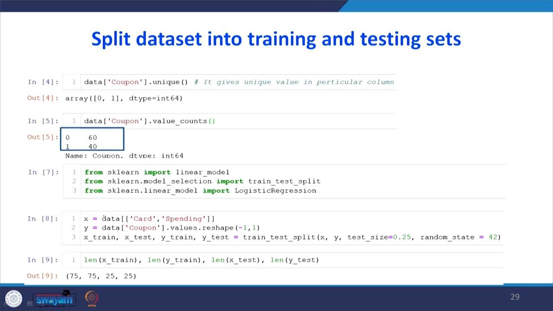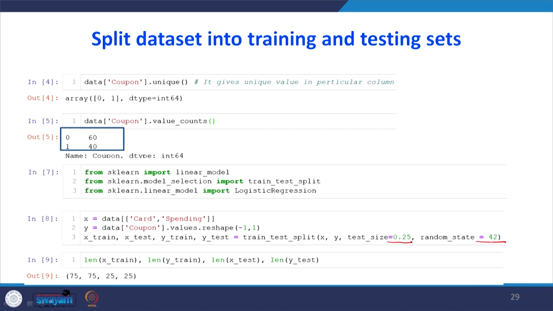So, the x value is card and spending, the independent variables, and the y value is coupon. First we split into x underscore train, x underscore test, then y train, y test equal to train underscore test underscore split of x comma y, test underscore size 0.25; you can take any value. I have set a fixed value so that when you repeat the code, you get the same kind of output.